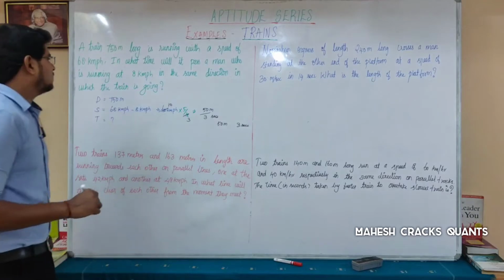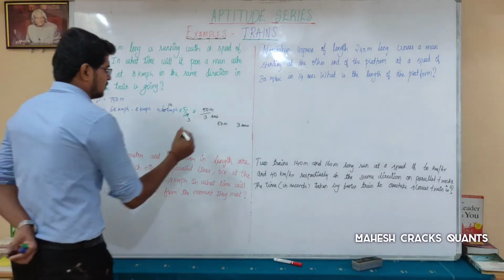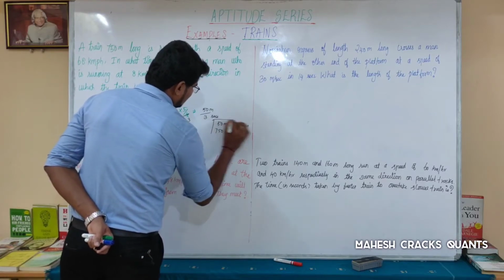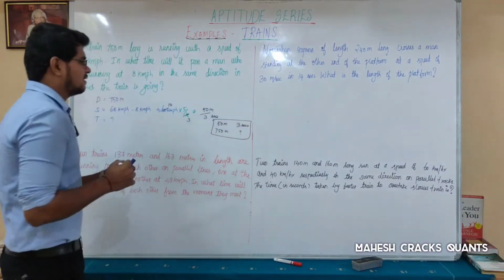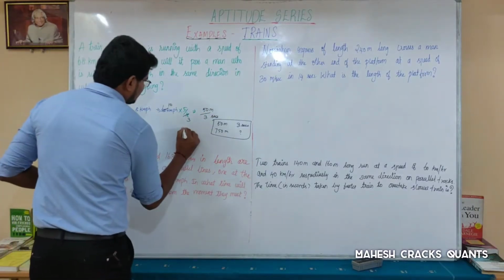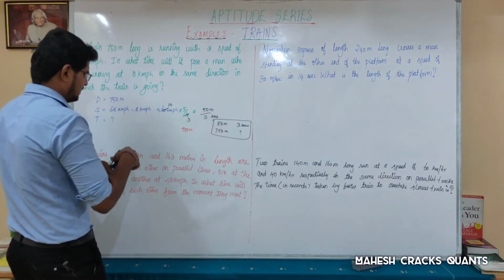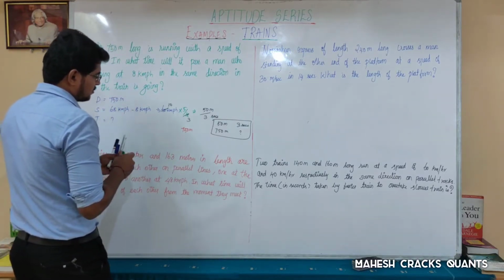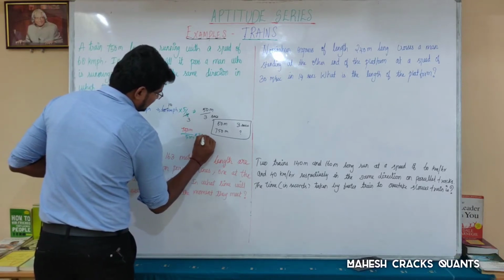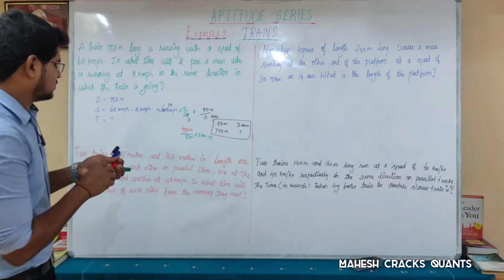So what is the question now? How many meters should it cover to cross the man? 750 meter. Using unknown and known, you will get the answer. 50 meter in 3 seconds. 750 meter in how many seconds? 750 is the unknown here. I know the value for 50 meter, which is 3 seconds. So cancelling this, you will get the answer.